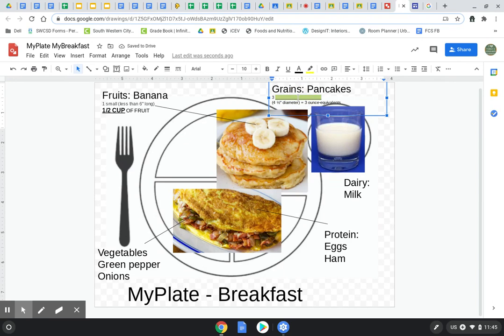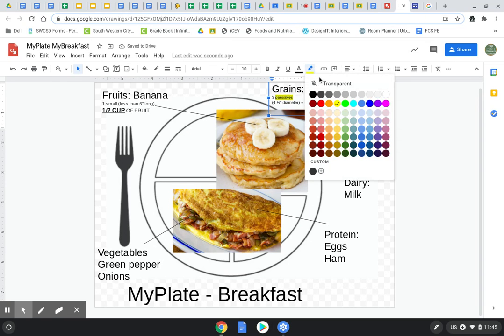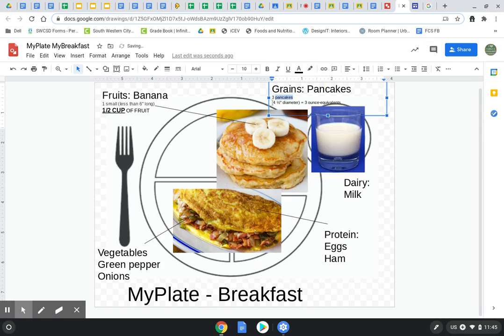Okay, so this is going to be pancakes. Now yours would probably already be filled out. Mine wasn't. I have a question. I put protein powder in my smoothie in the morning. Do I just count that as protein as well? Because I put a lot of stuff in my smoothie.